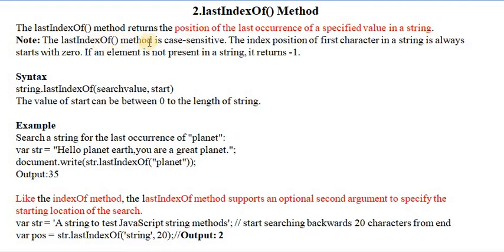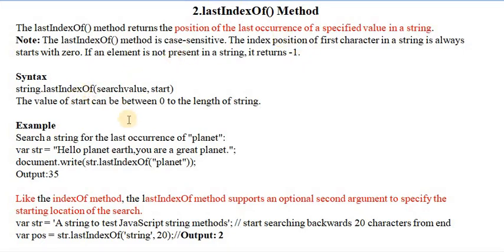Note that the lastIndexOf method is case sensitive and the position of the first character in a string always starts with 0. If the element is not present in a string, it returns -1. Like the indexOf method, the position of the first character always starts with 0, it is case sensitive, and if the element is not present it returns -1.